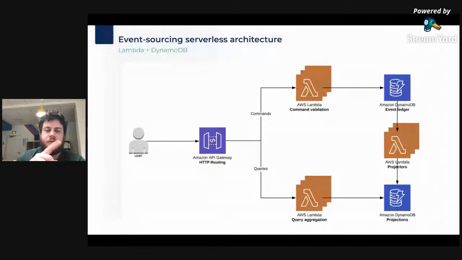If we follow the command line, we see that we have a first layer of Lambda actually processing business validation before inserting a new event in DynamoDB, the event ledger on the upper right corner.